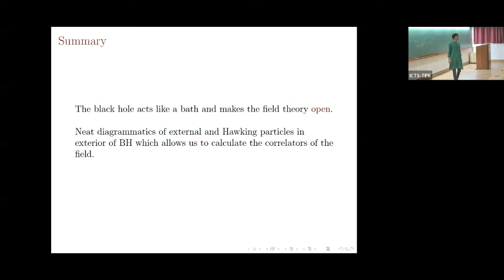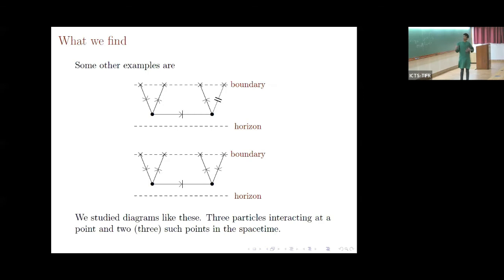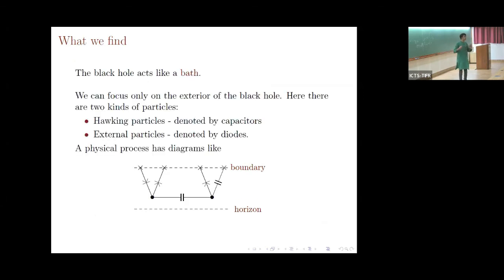Sorry, Godwin, in those diagrams you had, why did you say the diagrams with current in them would contribute, and why not any arbitrary diagram? Okay, that's basically what is coming out of our calculation. The calculation tells us that all of the influence of the black hole can be written down in some neat integrals, like Feynman integrals, or some Witten diagrams that look like this. The Witten diagrams have this natural interpretation that only diagrams in which there is some current flow will contribute. More precisely, these arrows tell you the time flow in these diagrams. So diagrams in which there is no time flow won't contribute. That's probably an answer. Thank you.